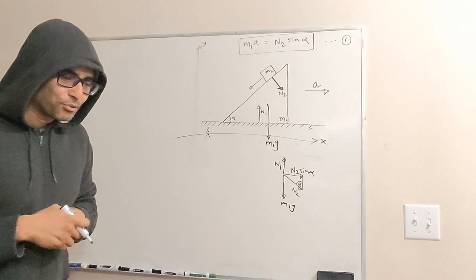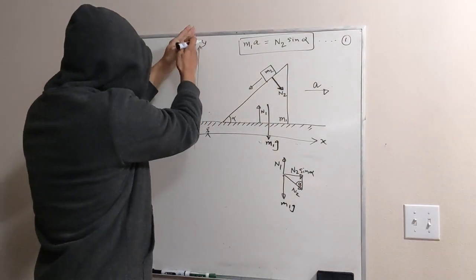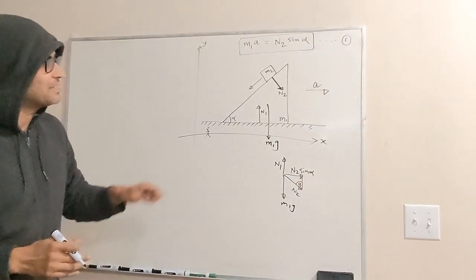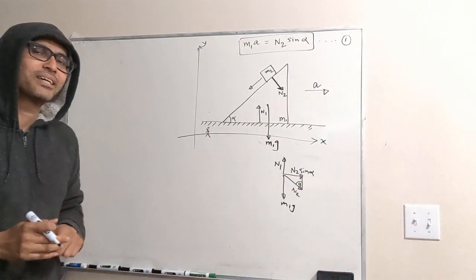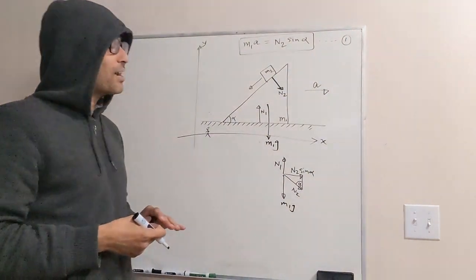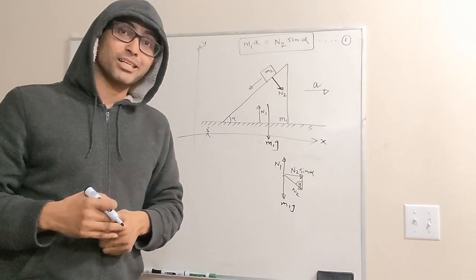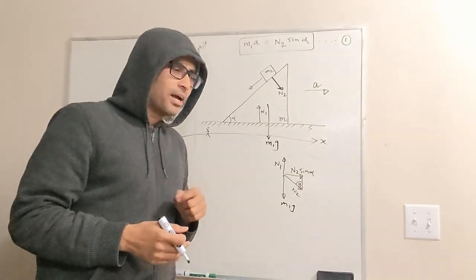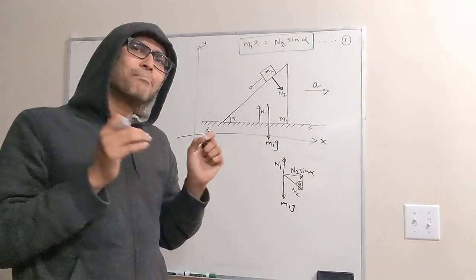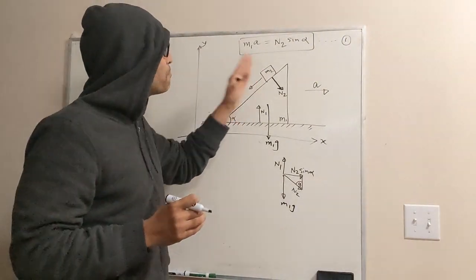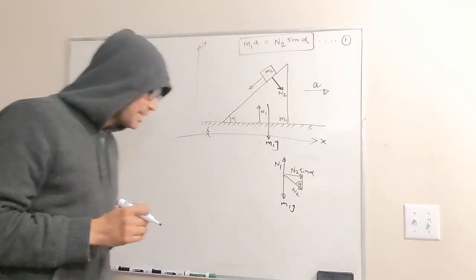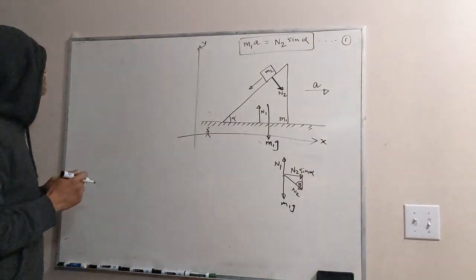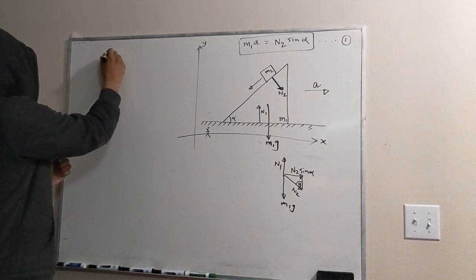But if you try to reason from this frame of reference, from where we computed the motion of M1, and do the same thing for M2, it will be quite complicated, right? You may probably come up with a set of equations and solve and get the result, but that will be complicated. Now let's see in this situation how a simple idea can simplify solving this problem. So the idea is, let's think a little bit deeply about frame of reference.